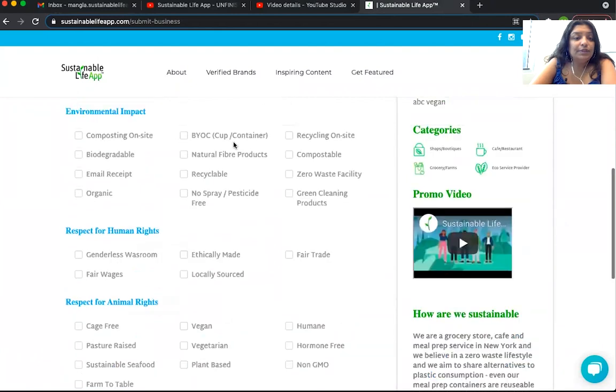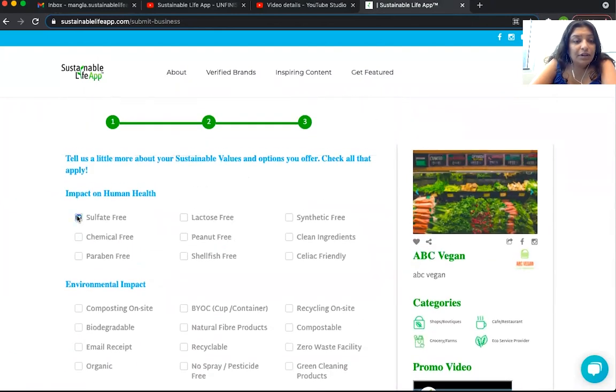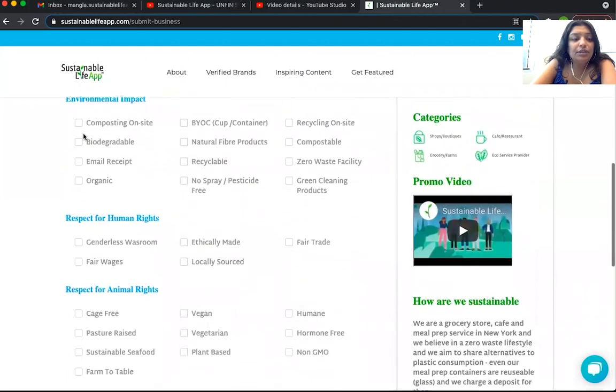So values. We want to click through. I have sulfate-free options, chemical-free, paraben-free, lactose-free, peanut-free, celiac friendly. We have clean ingredients. So you basically just want to go through and click everything that is appropriate for your business,